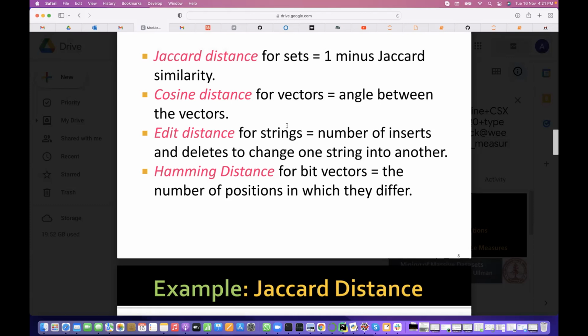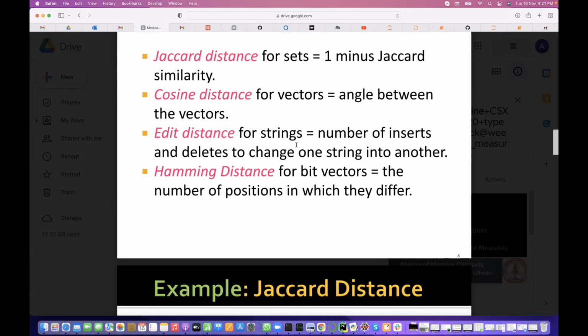One deletion and one insertion. So the distance will become 2. If you take STEM, suppose STEM is a dictionary word, what is the edit distance between STE and STEM? Only one. So it will mostly suggest STEM instead of the other word.